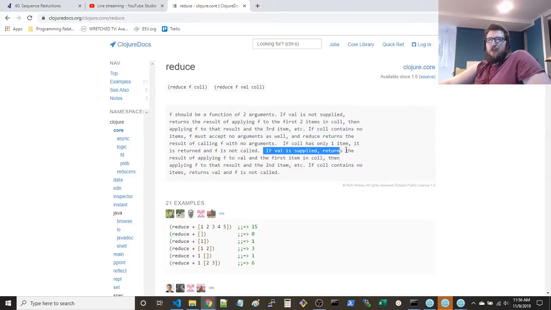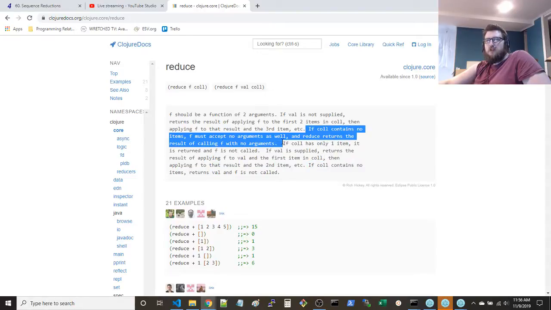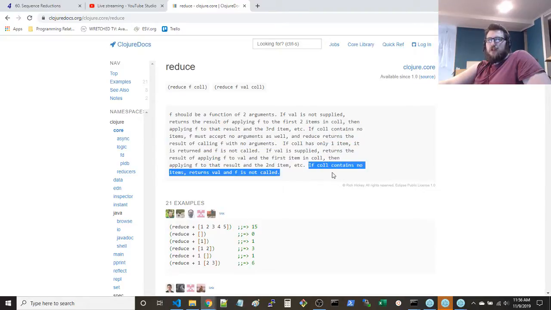And then finally, this piece: if collection contains no items, F must accept no arguments as well, and reduce returns the result of calling F with no arguments. If collection contains no items, returns val and F is not called.